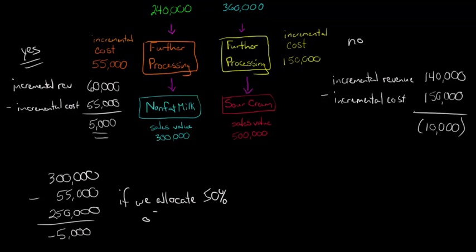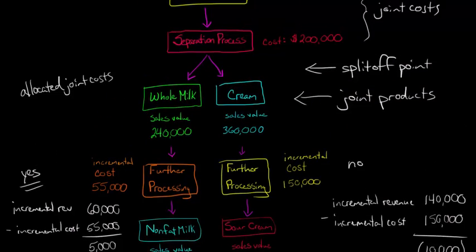So this makes it look like it is not profitable for us to make this non-fat milk, because we just took the revenue we get from the non-fat milk and then subtracted the costs. But here's the problem. This $250,000 is just costs that have been allocated. All these joint costs